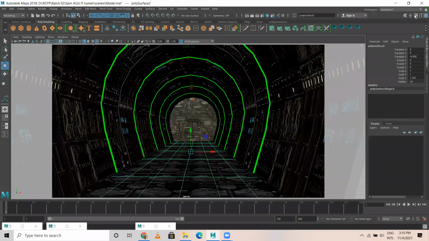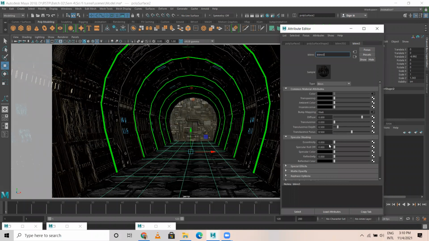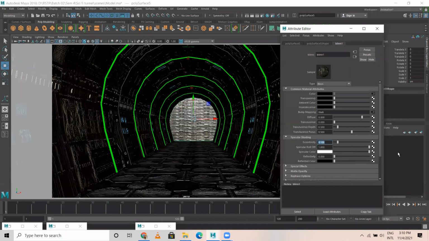After this, I'm selecting the bottom floor. Here, eccentricity 0.1, specular roll off 1, specular color to white, reflectivity 0.1.